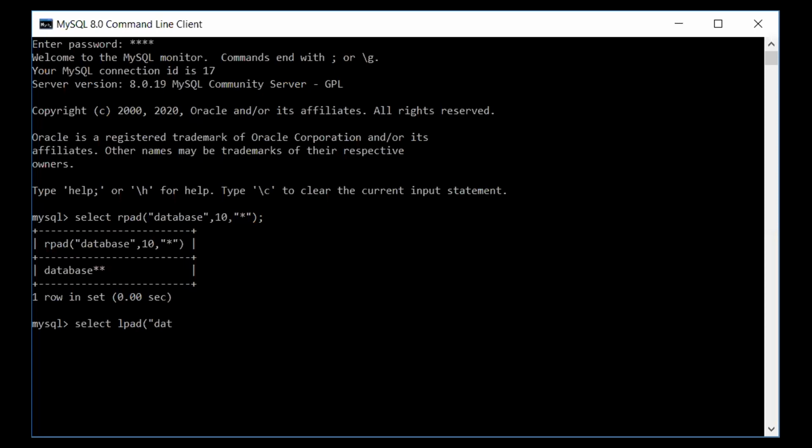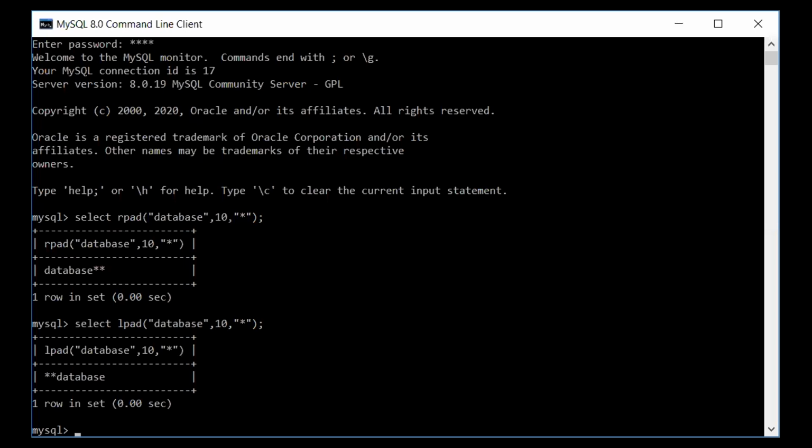My string is database. Now again I want 10 characters in this. So it fills with asterisk symbol. So as you can see, this database string is appended with asterisk.